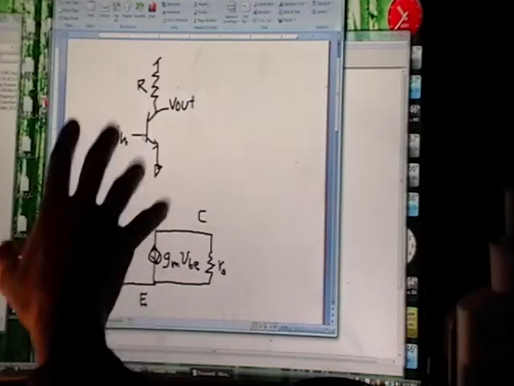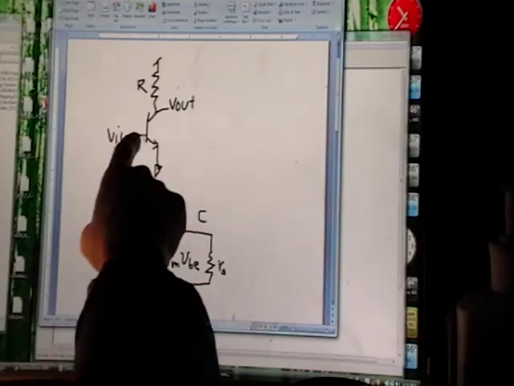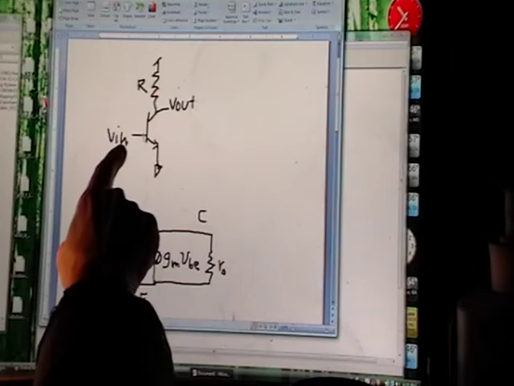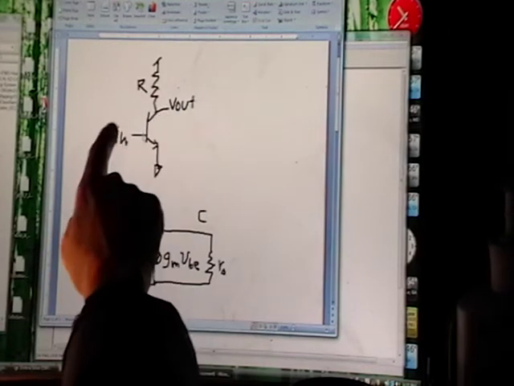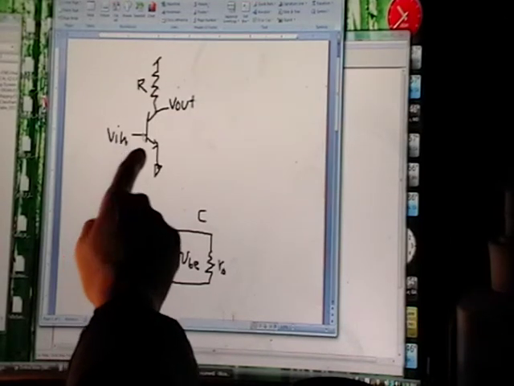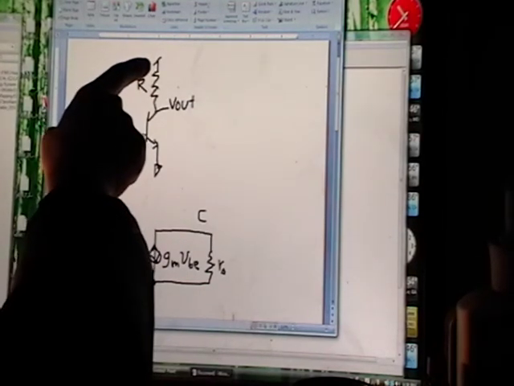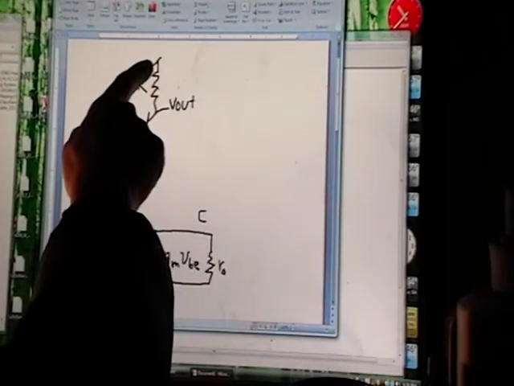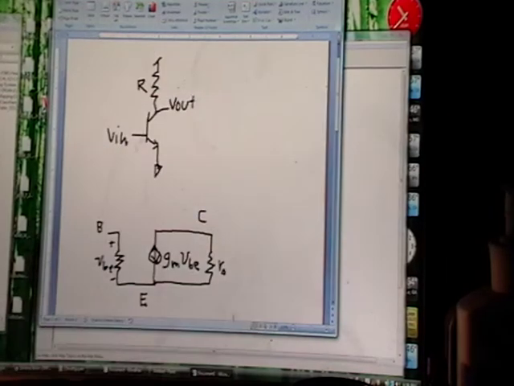Now to do that, remember superposition: we zero all the sources except for one and do analysis. If we're doing the small signal analysis, we only care about the moving signal. So here's a moving signal that's a source. This isn't a source. This is your source. So you zero all the sources except for this one. You say, well, there are no sources. Actually, there is. This V supply is a source. It's tied to some supply someplace. If you zero a voltage source, then you're grounding it. So what this turns into,